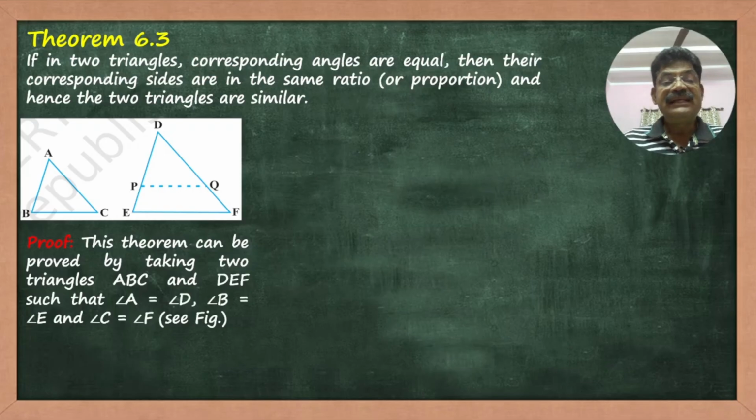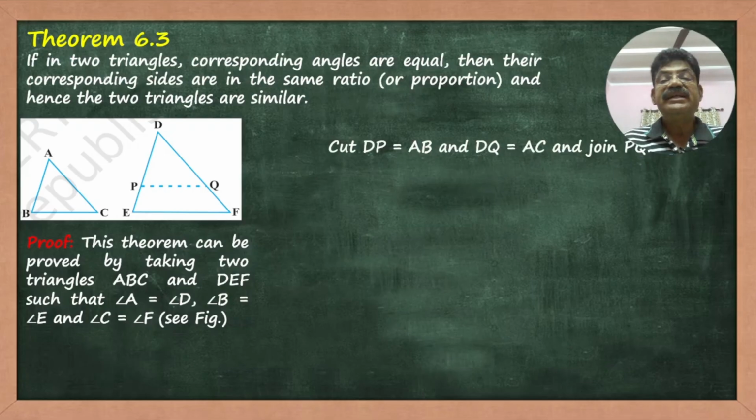Now angle A is equal to angle D, angle B is equal to angle E, and angle C is equal to angle F. In such a way, the two triangles are constructed. So triangle DEF is bigger than triangle ABC. Cut DP equal to AB and DQ equal to AC and join PQ. So triangle ABC is congruent to triangle DPQ because if you apply the side angle side criterion, these two triangles are